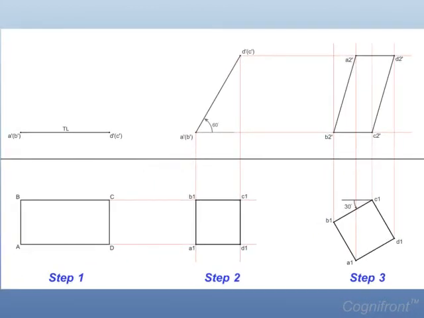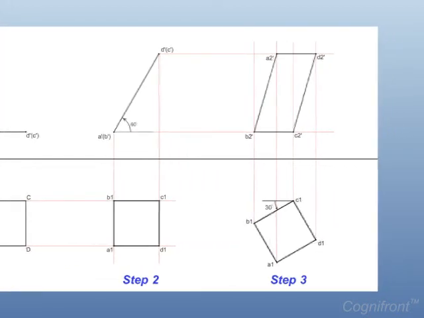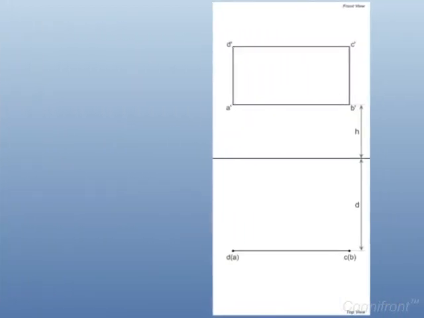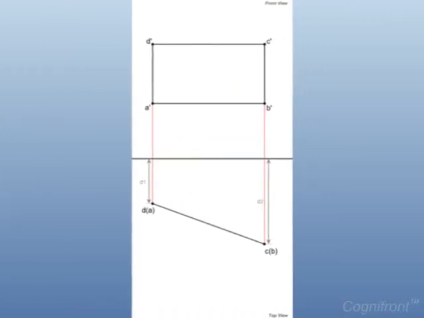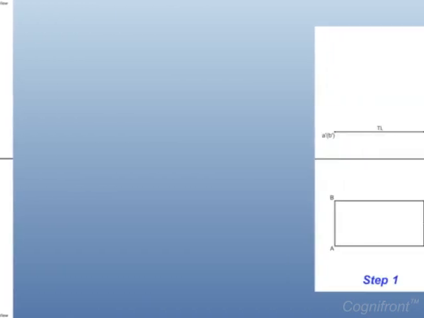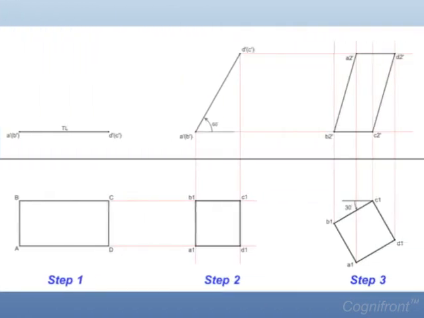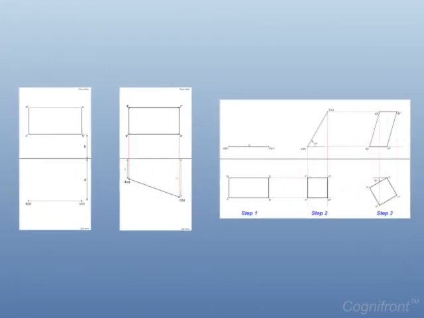We have successfully completed the chapter on points, lines and planes. So let's take a quick recap. In this chapter, we learned how to project geometrical elements at different orientations with reference to the right-angled principal planes.